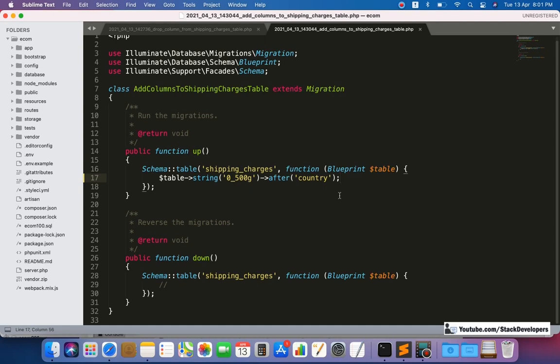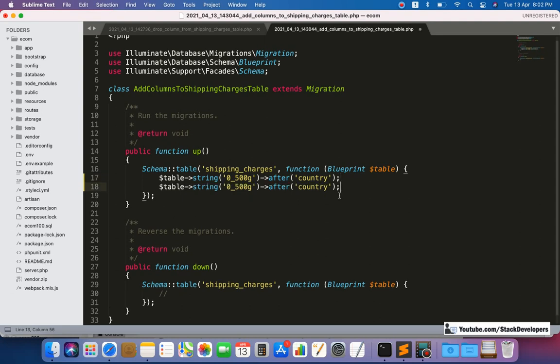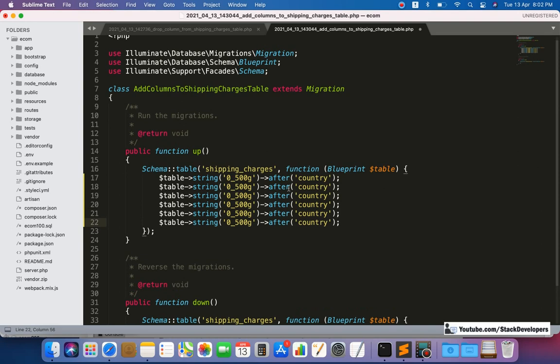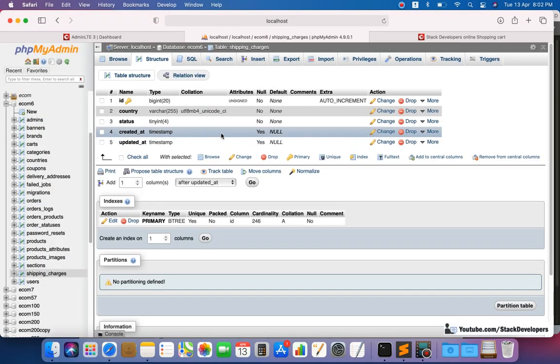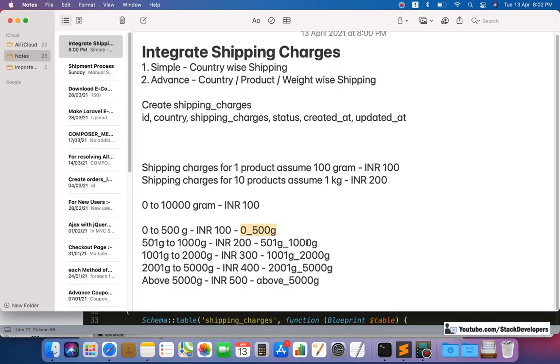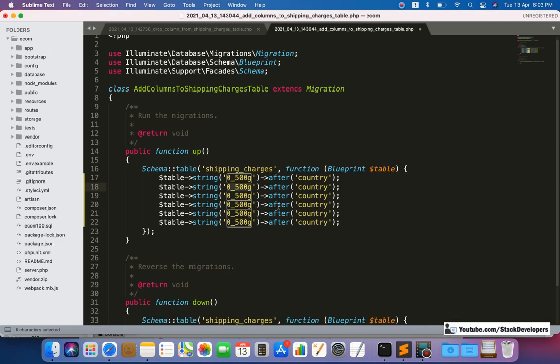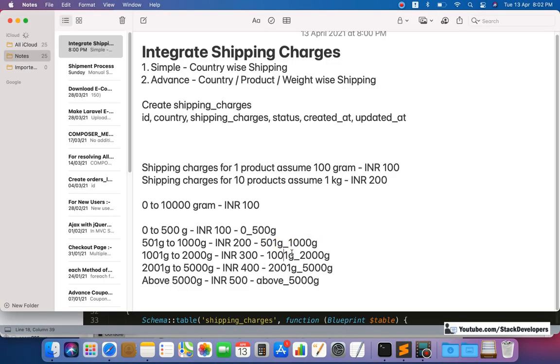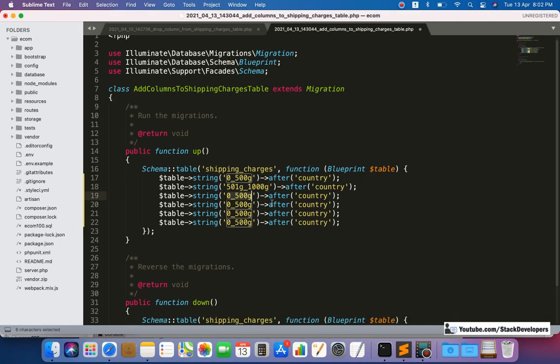Okay, so here after this one, I'm going to do like this, 1 2 3 4 5, it will save my time. Now I'm going to add all from here one by one. I'm going to add all like this one. Here first I'm going to add like this. Okay, then I'm going to